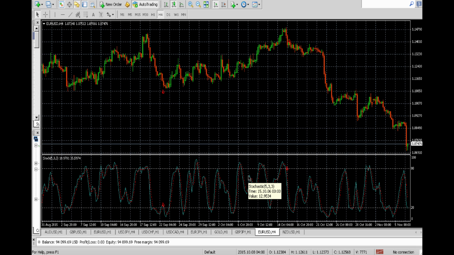So with this, what I want you to do is to practice in your demo account to look for buy and sell signals. But remember, on its own, stochastic may give you plenty of false buy or sell signals, which means we really want to use this with another indicator to filter out all the false signals. So with this, we hope you practice well. We'll see you in the next video. Have a good